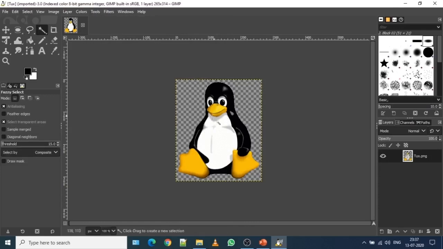Now, did you see what it does? It will select the selected area of the part of an image. Like if I click on the feet of the penguin or tux, it will select the entire feet according to the color selection where the same color is available.